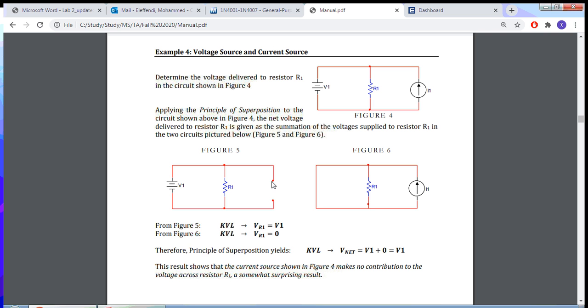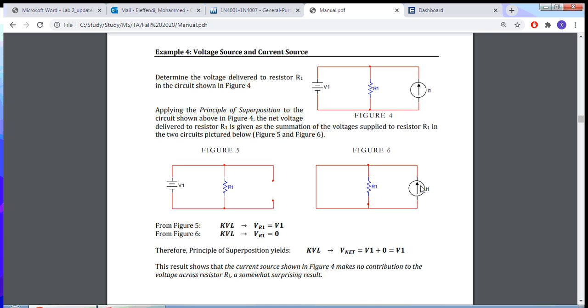zeroed out this current source, I can simply find the contribution of the voltage source to the voltage across R1. We can do that with KVL. So apply KVL in here, we get VR1 equals V1. And then we will find the contribution of the current source to the voltage across R1, and to do that